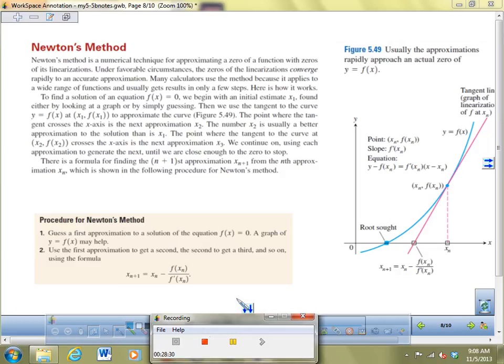I think you're going to have to look in the book a little bit to figure out some of that other stuff, but Newton's method is a numerical technique for approximating a zero. Newton's method is a BC topic which I have to teach to you, okay? So it seems like kind of a pain in the neck, but what it is you have, then there's a